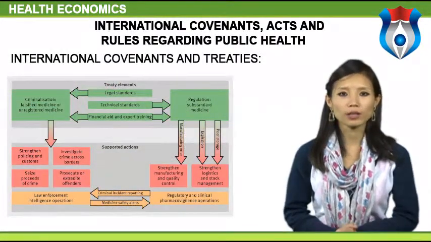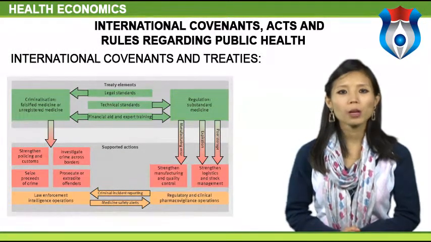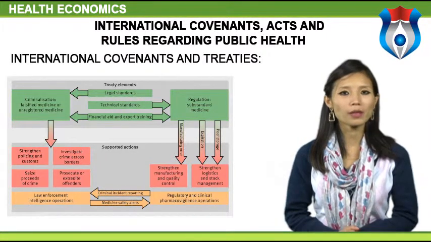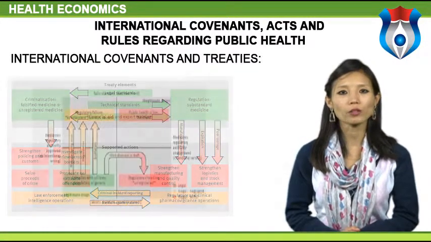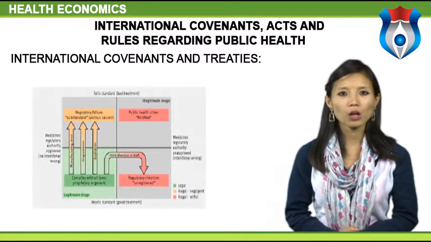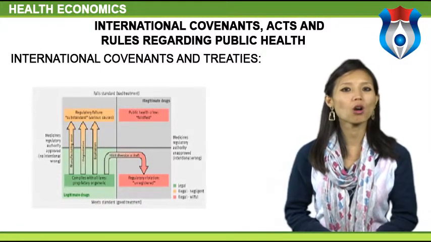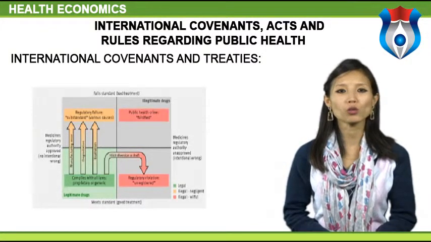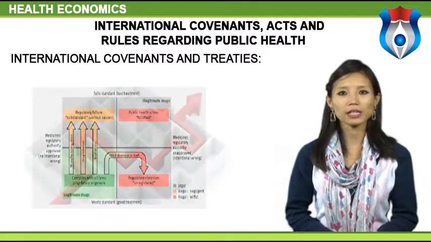International covenants and treaties. Alma-Ata Declaration 1978, Basic Principle for the Treatment of Prisoners, Beijing Declaration, 4th World Conference 1995, CESCR General Comment 7, Right to Adequate Housing 1997, Convention Against Torture 1987, Convention on Political Rights of Women 1954, Convention on the Elimination of Racial Discrimination 1969, Convention on the Elimination of All Forms of Discrimination 1981, Convention on the Rights of the Child 1990, Declaration on Social Progress and Development 1969, Declaration on the Right to Development 1986,